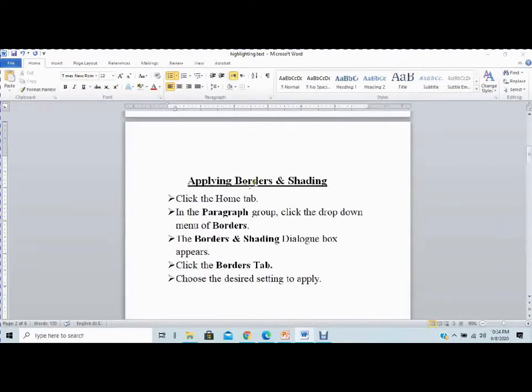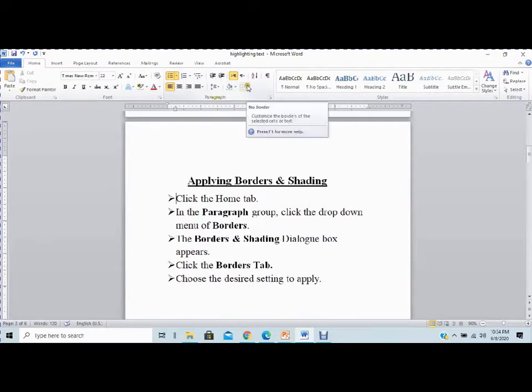To apply border and shading, first you have to click on the Home tab. Like you can see, this is the Home tab, it is selected, and previously we were working in the font group, but this time we will be working in the paragraph group.